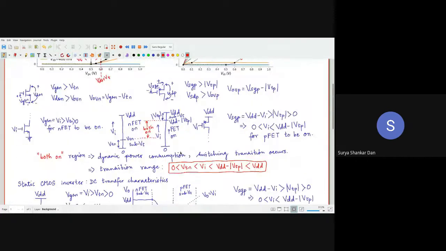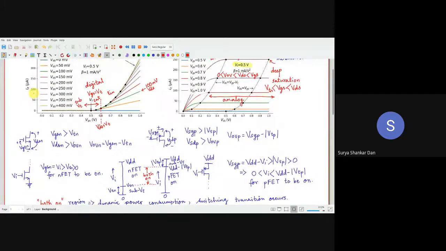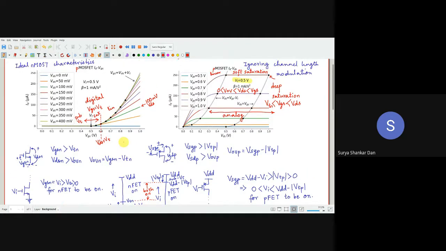So where were we? Yes. So now what we have seen is that if it is an NFET, this is your VGSN. N is a subscript here. So VGSN has to be greater than VTN. Cool. So if this is so, and what is the VDSN? Drain with respect to the source, plus minus polarities. Check out the polarities here. So VDSN has to be greater than VOVN. OVN is basically the overdrive of the NFET, VGS minus VT, as I have shown here many times. The soft saturation. So as I told you, for digital IC design, VGS minus VT is fine. For specific analog IC design, it will be VGS equal to VT. वो बाद में देखेंगे.